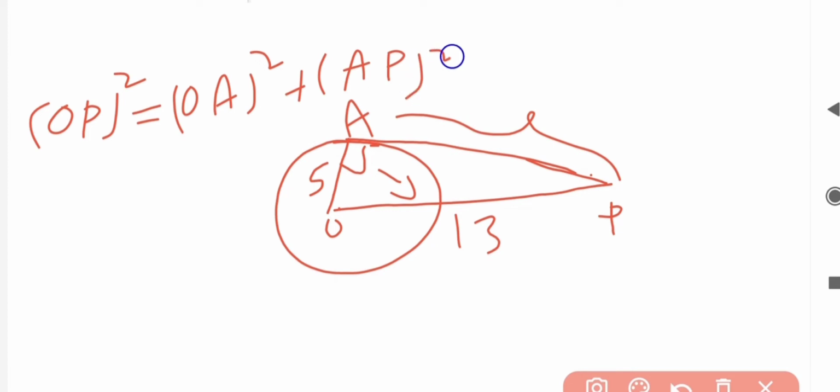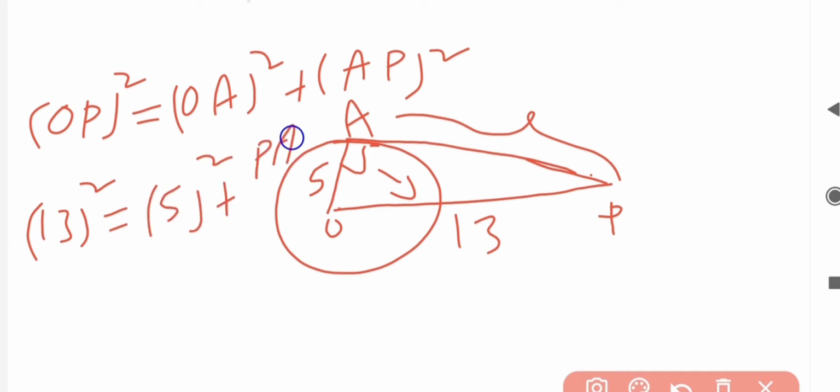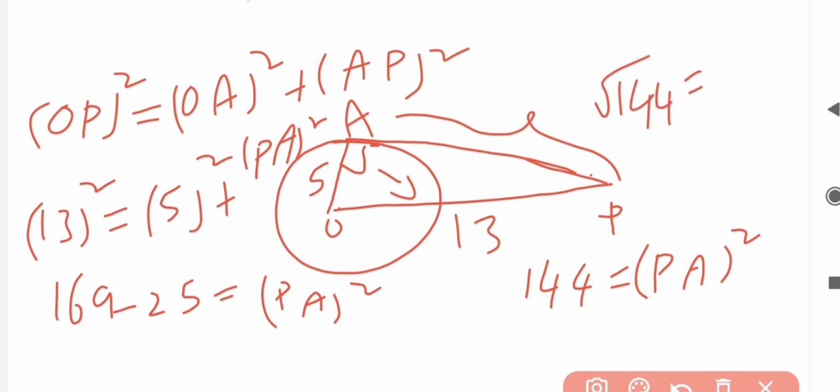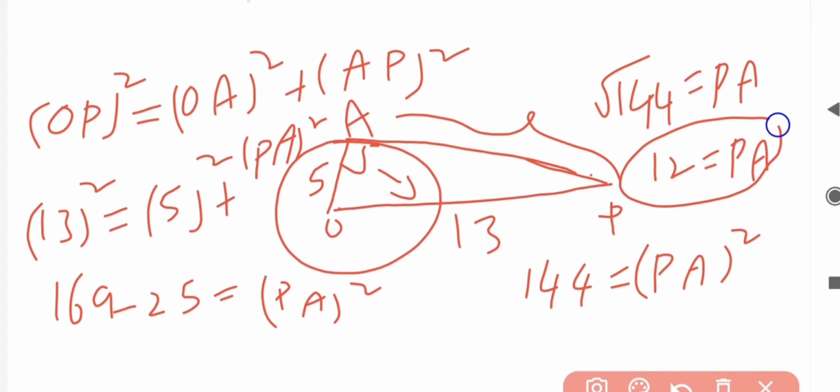OP value 13 square equals OA 5 square plus PA square. So 169, and this 25 changes sides to LHS with minus: 169 minus 25 is 144 equals PA square. Square changes to LHS as square root, so square root of 144 equals PA, which is 12. Therefore the length of the tangent is 12 centimeters. Next,